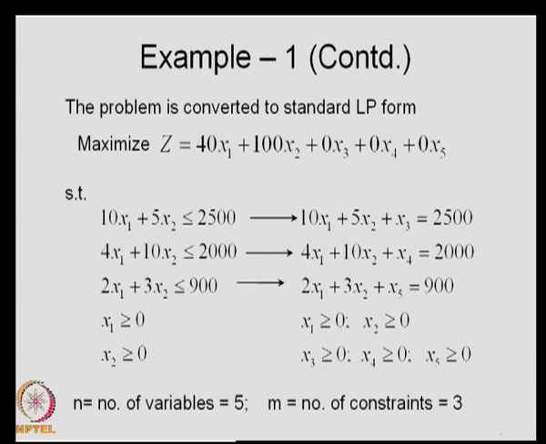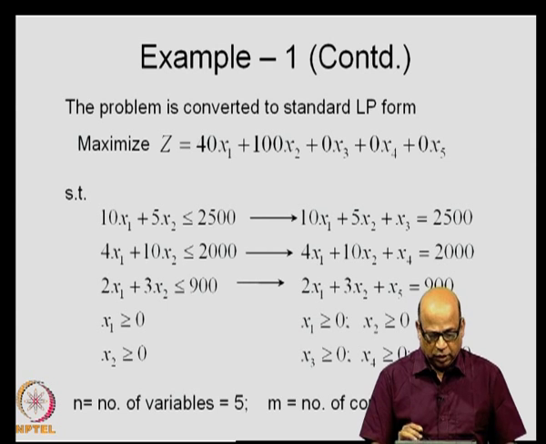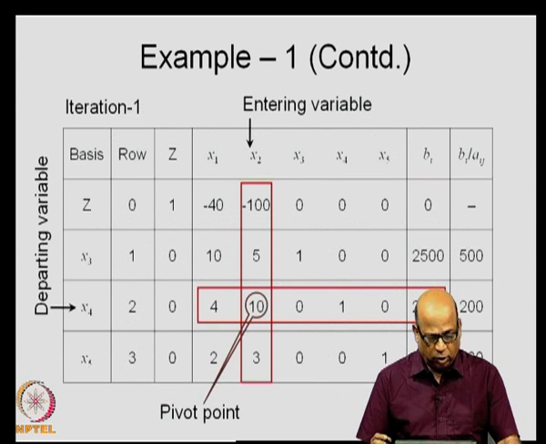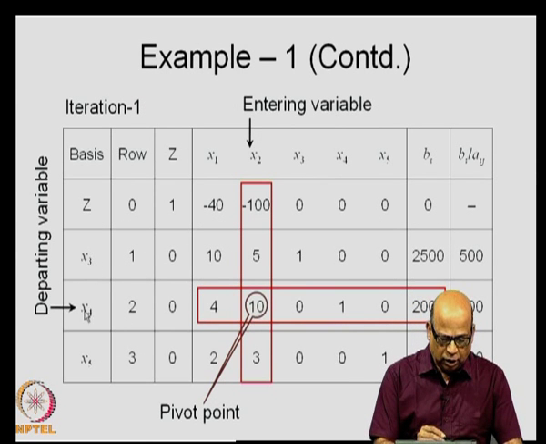As I said, in most problems of this type, where you have maximization and then you have all less than or equal to constraints, and you have exactly one slack variable associated with each of the constraints, in such situations, by setting the original decision variables, in this particular case x 1 and x 2, as non-basic variables, you always obtain an initial basic feasible solution. So, our basis will consist of x 3, x 4 and x 5.